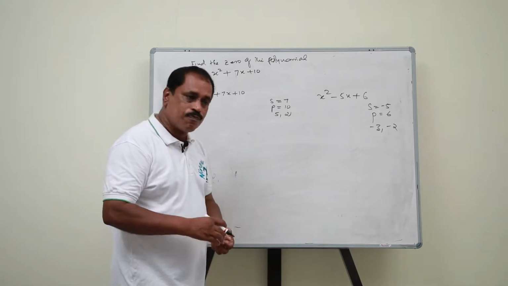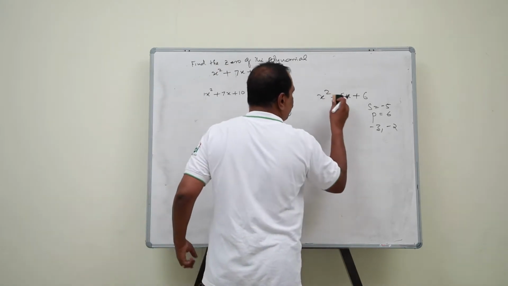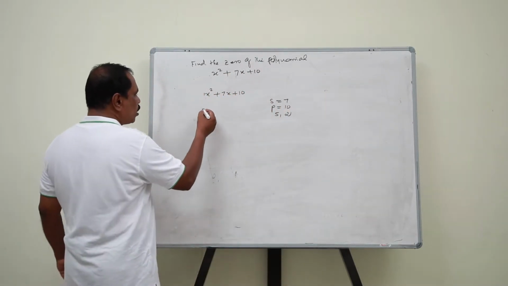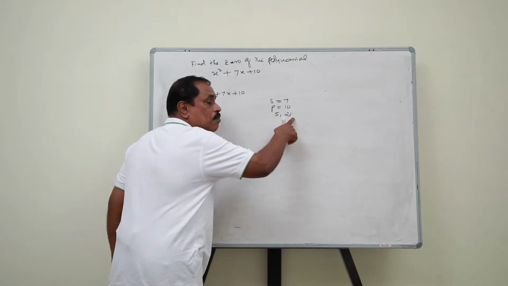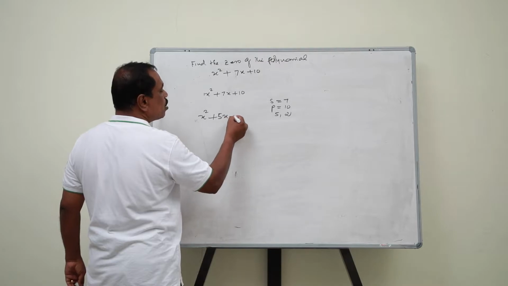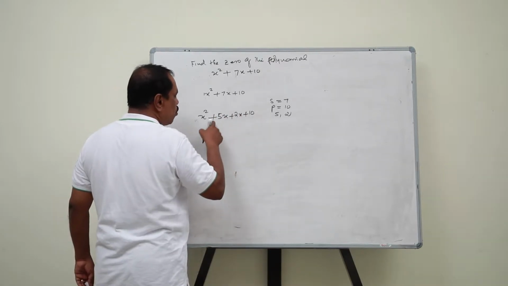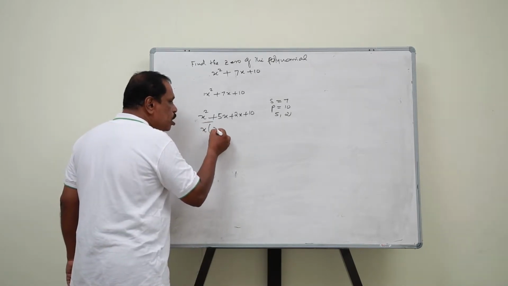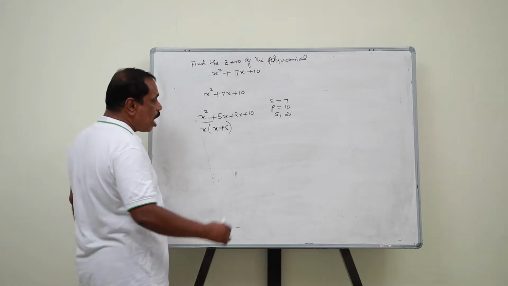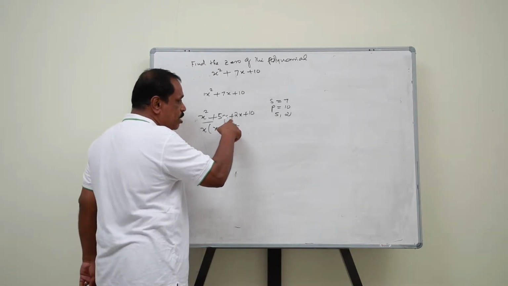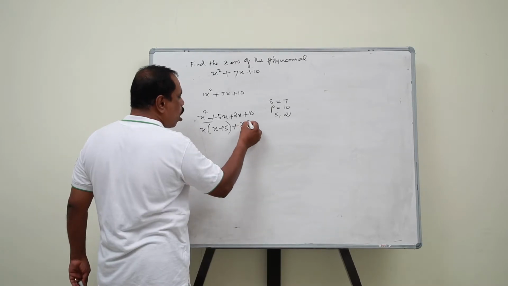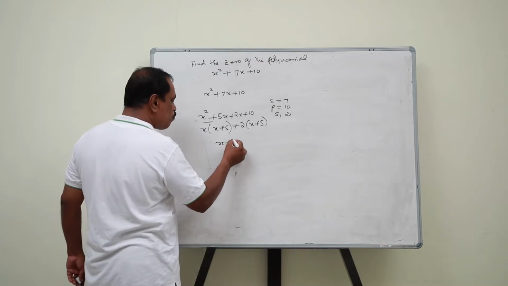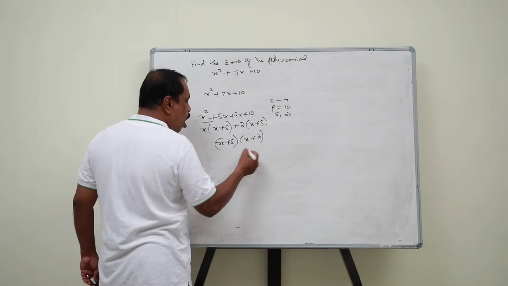But in this question I will split the middle term because we have just started the chapter. Okay? Now, split x squared plus 7x plus 10 in terms of 5 and 2: x squared plus 5x plus 2x plus 10. We have split the middle term. Then from the first two take x out, giving x plus 5. And plus, write the same sign here. From the last two take 2 out, you will get x plus 5, correct? Then x plus 5 is common.